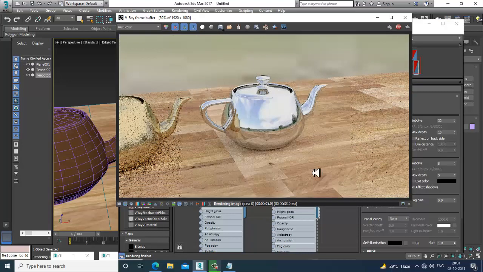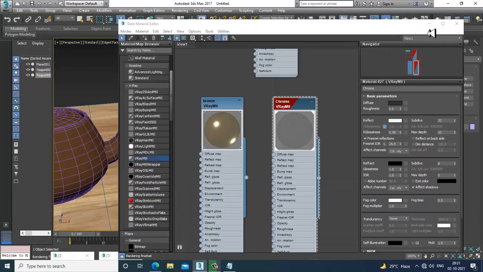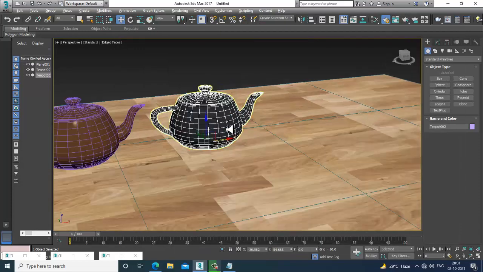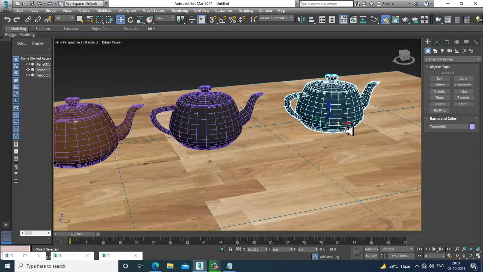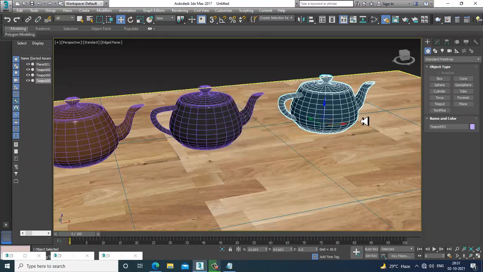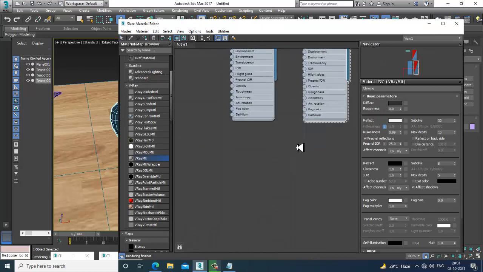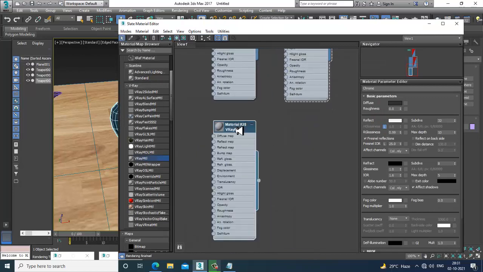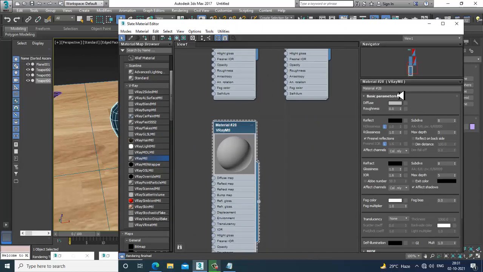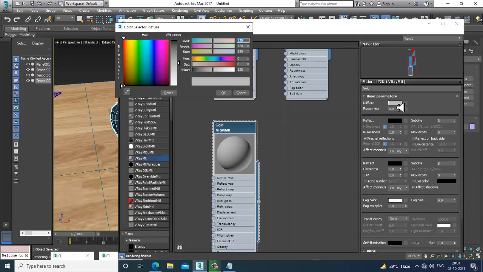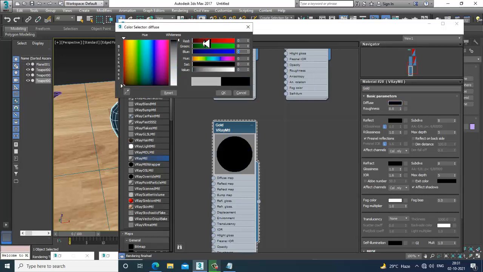Okay. Now the third material which we are going to make is your gold. How to create a gold material? Let's again take a V-Ray material. Let's just rename this as gold over here. I'll make it 000, you can just keep it as black.